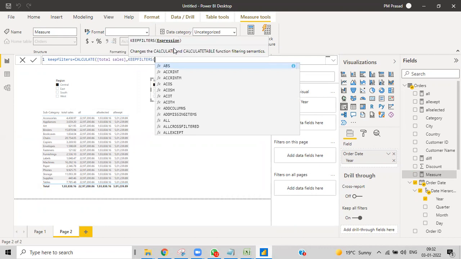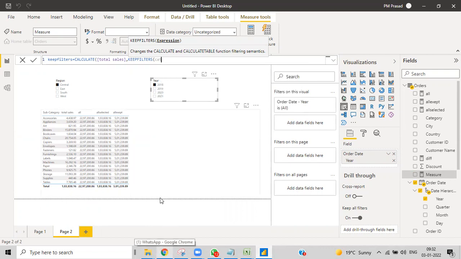In that expression, what do we need to write? What else can we write? Where is my category?